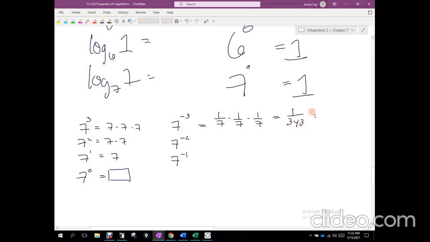I'll put that as a decimal real quick. It is 0.0029. Okay. 7 to the negative 2, and this is because we know this is 1 over 7 squared, right? With the negative exponent, it's going to be 1 over 7 times 1 over 7, which is 1 over 49, which as a decimal is